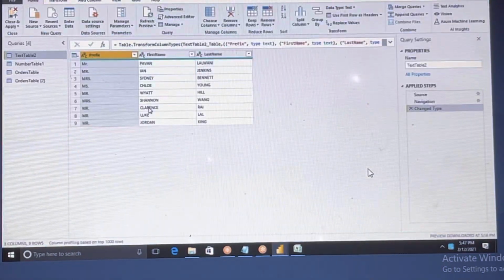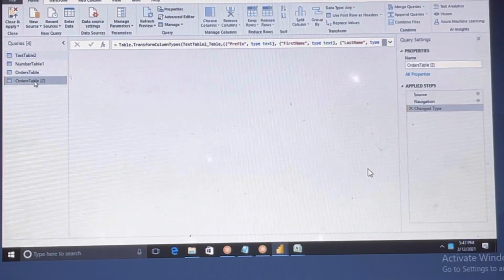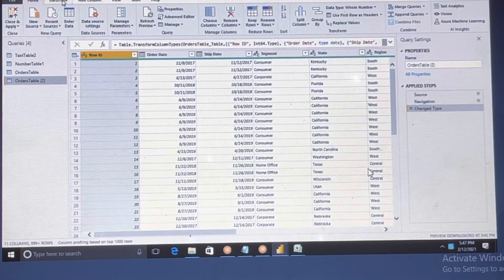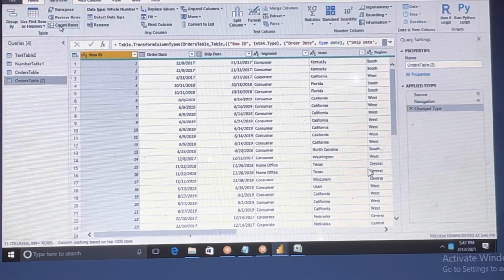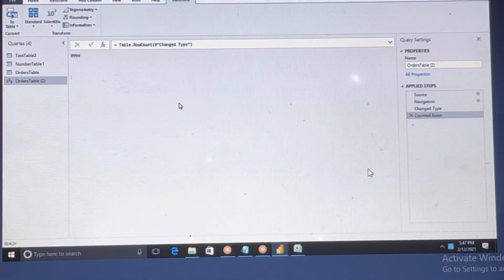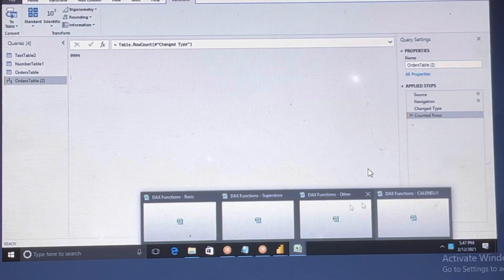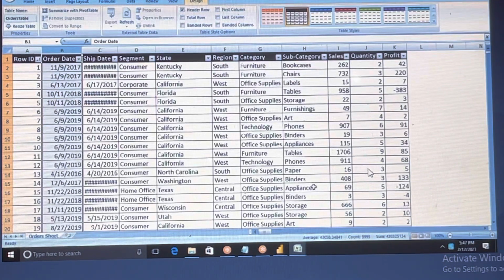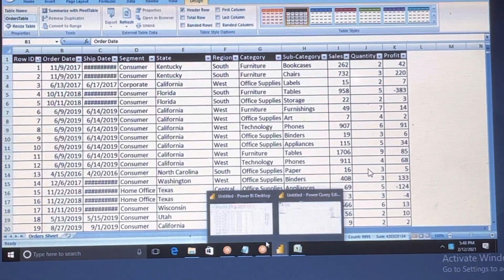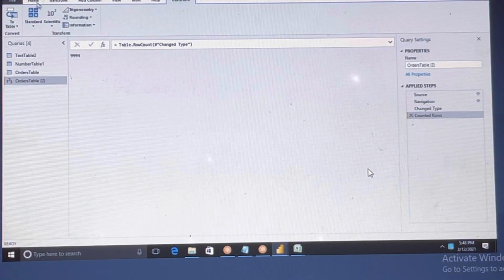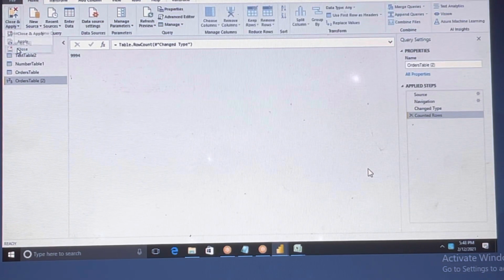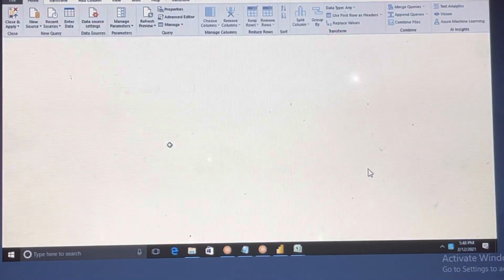Okay, let me go to Power BI here, and I will click on this Table 2. Go to transform. Here you can see the count rows. See, 9994, because one row is a duplicate. That's why it is showing the count is different. This is how you can use these filters. I'm not applying anything, just close it.